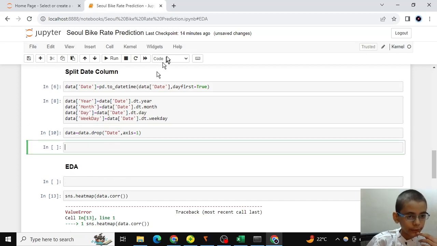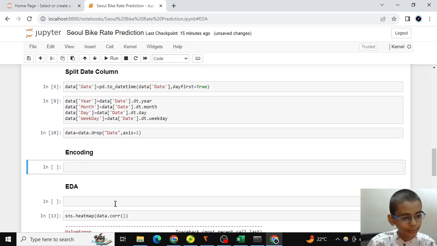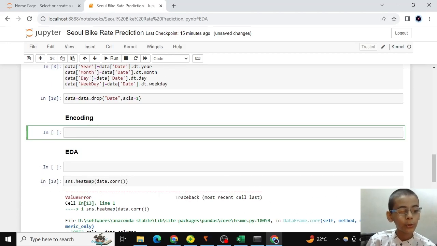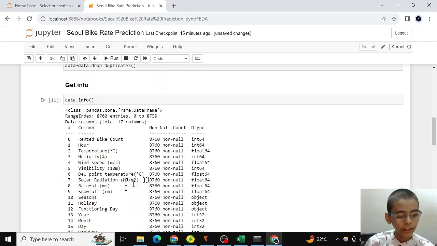For that we can create a step of encoding. Guys, look at the beauty. For doing a single step we have created 2 more steps, and encoding is a mandatory step.